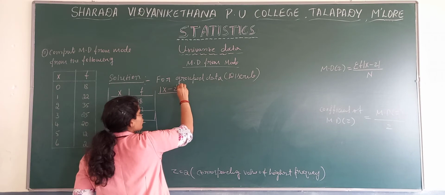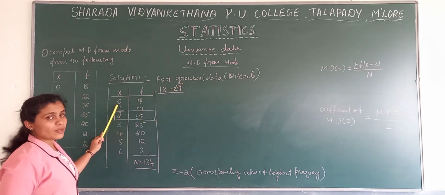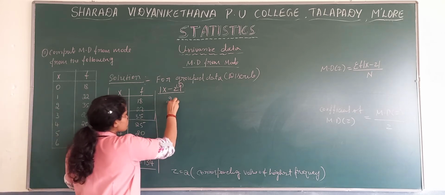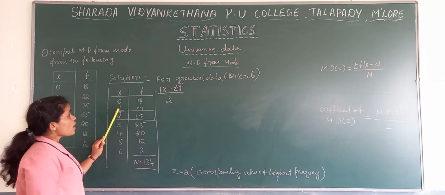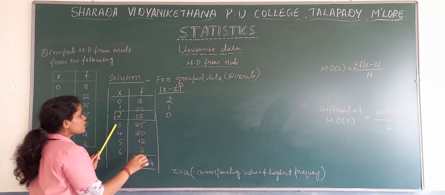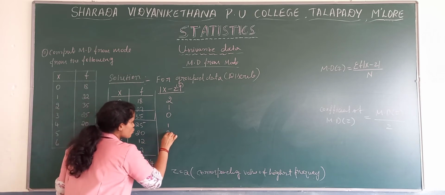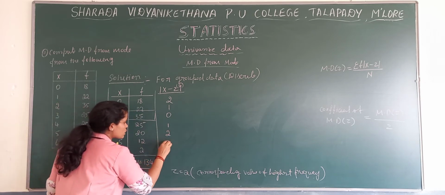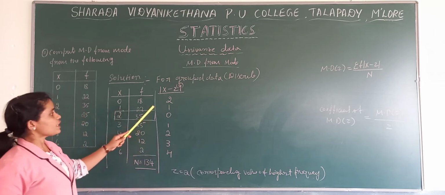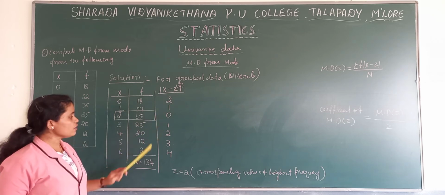The z value we know is 2. Now the x value is 0. So x minus z, 0 minus 2, we get the first value here, it is 2. 1 minus 2, so 1, 2 minus 2, 0, 3 minus 2, that is 1, 4 minus 2, 2, 5 minus 2, 3, and 6 minus 2, then we get 4. So we get 2, 1, 0, 1, 2, 3 and 4.